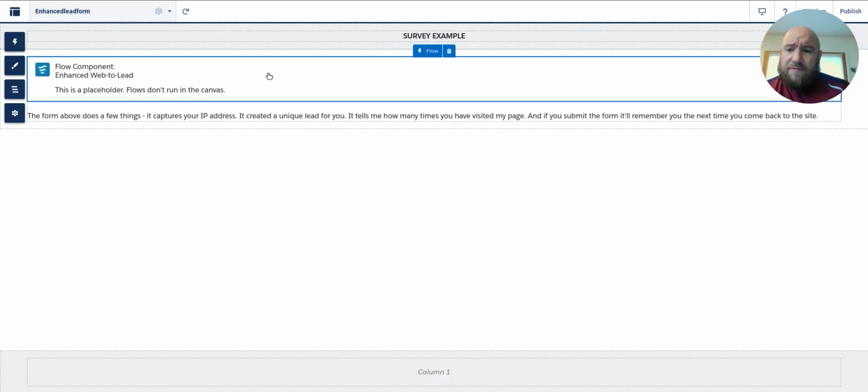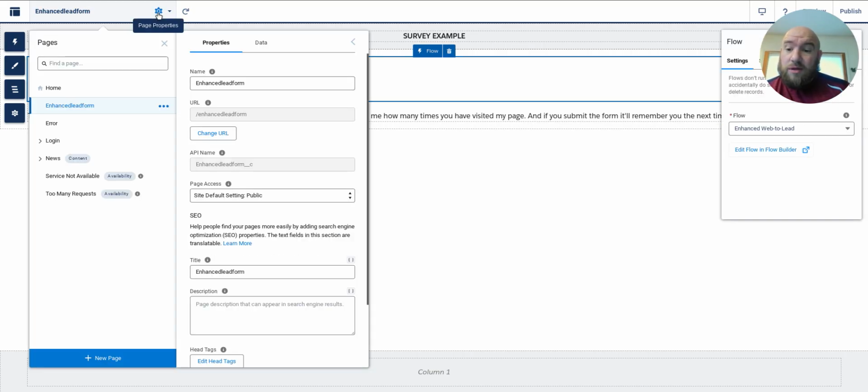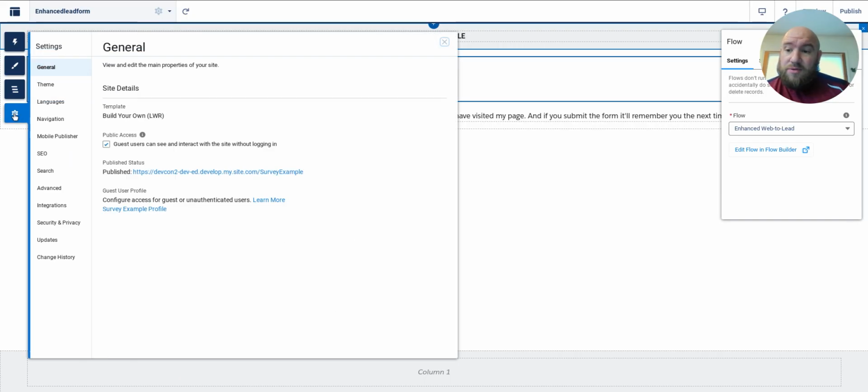We can add the flow that we just created after we activate it. And the way that we make it work is we go into our settings, we allow public access so guest users can interact with the site,